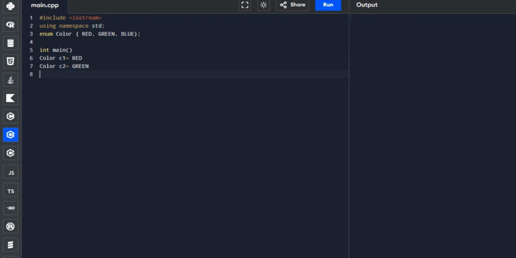Again, we have here the two variables of type Color. We created and assigned the enum values, where C1 is our red. As you can still remember, the red here is 0 and green is 1. We end this with a semicolon. After that, we will be printing the values of these, starting with C1.